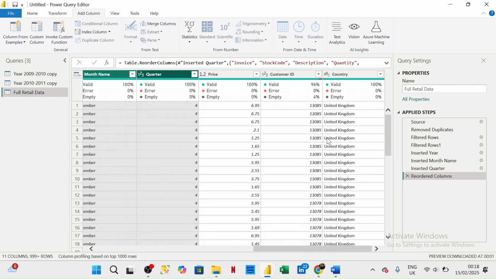So let's go to... my battery is low, so I need to get my charger. So